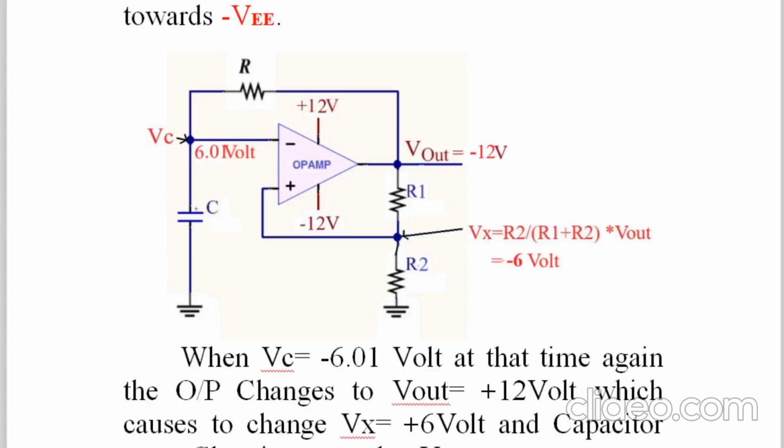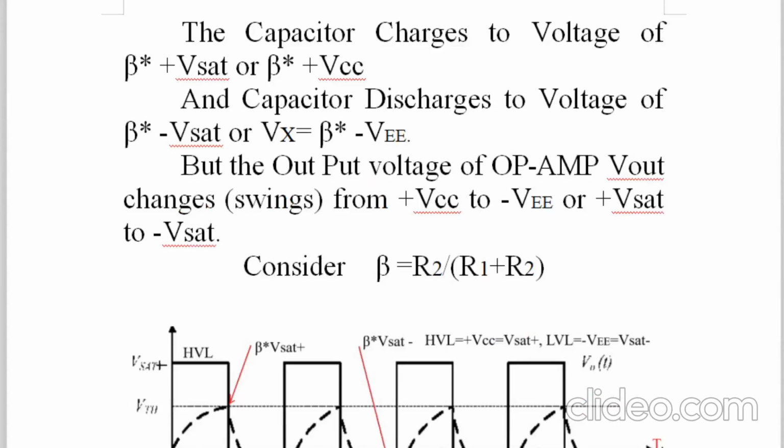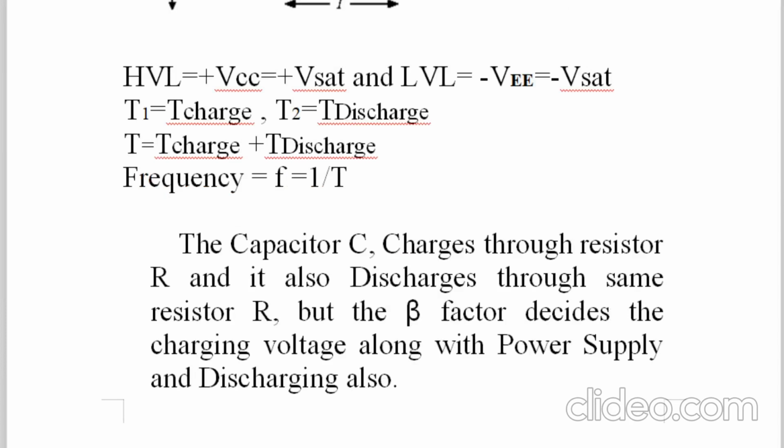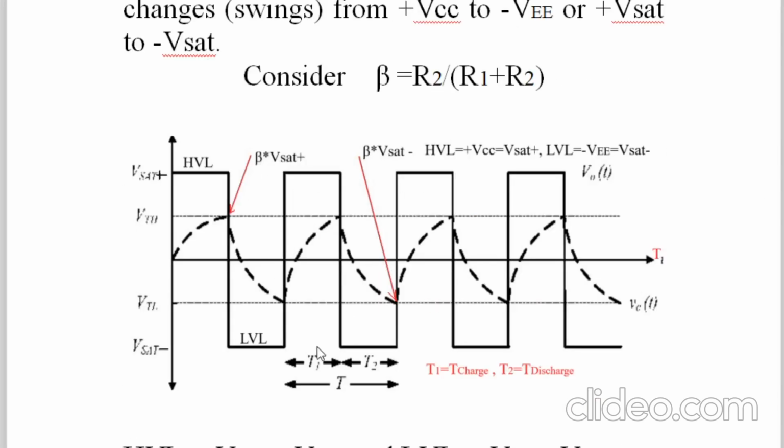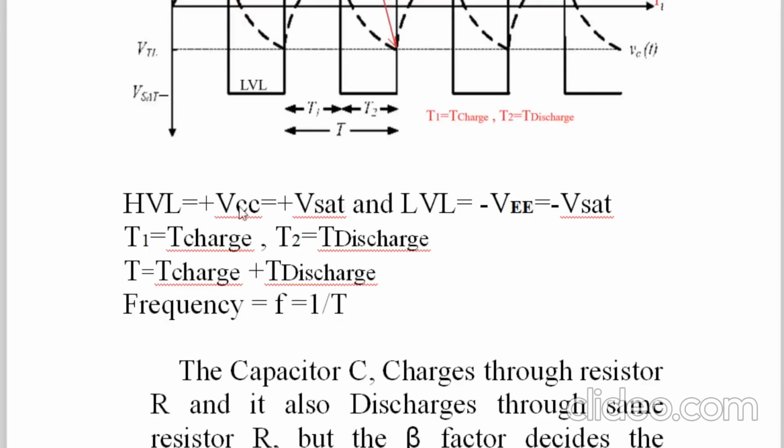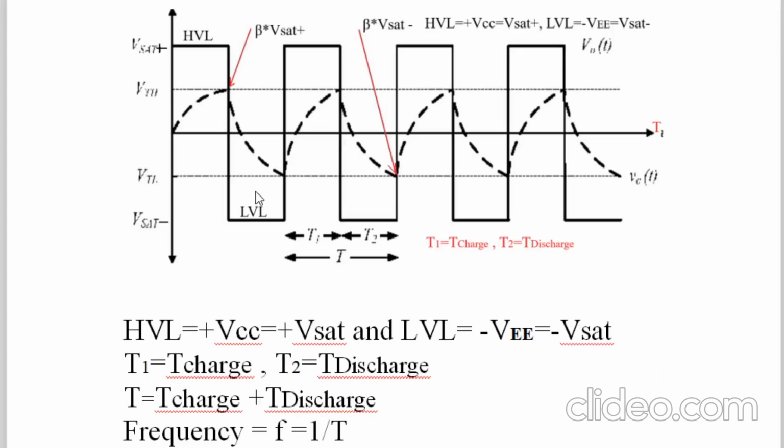So in this way, we'll proceed to a small part which is the derivation for the frequency of an astable multivibrator at the output of IC741. Here frequency f is equal to 1 by T, which you already completed. And what is T? T is the total time, T charge plus T discharge, from positive edge to the adjacent positive edge. This total time is divided into T1 and T2, that is T charge and T discharge.